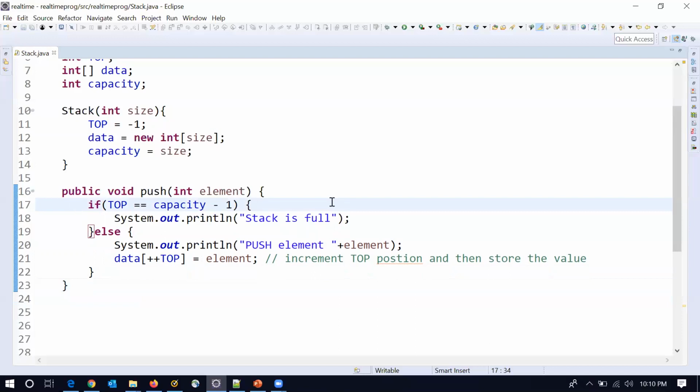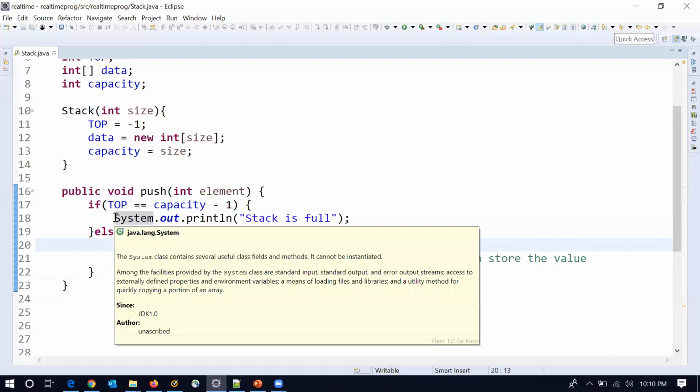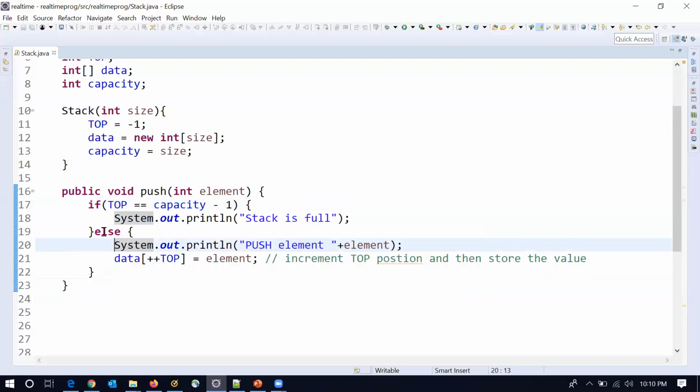Whenever we push any element, we first verify whether the stack is full or not. To check that, we verify if top equals capacity minus 1. If the top is equal to capacity minus 1, we should not allow adding the element, and we can print that the stack is full. If the stack is not full, then we increment the position of the top by 1, then store the element.